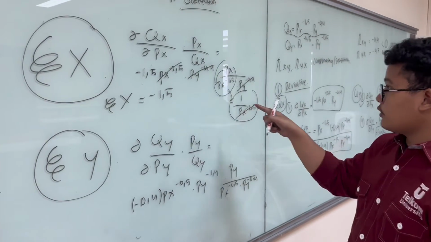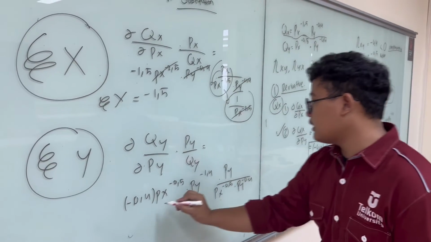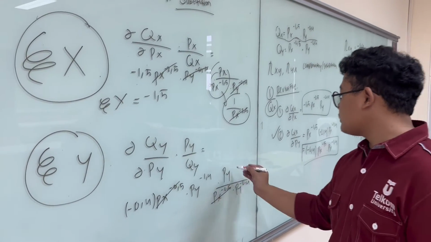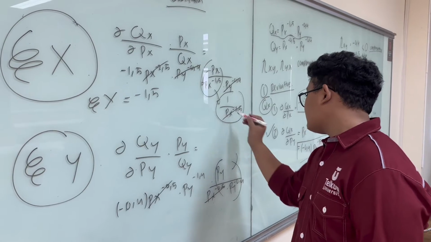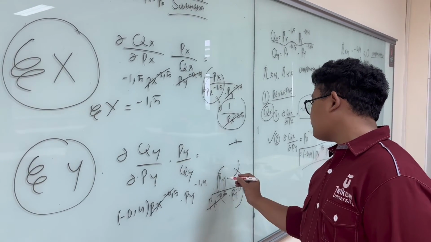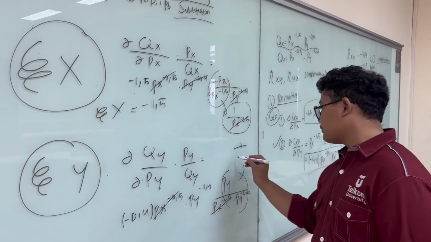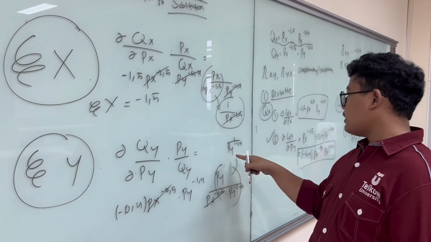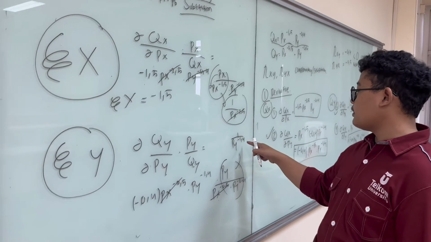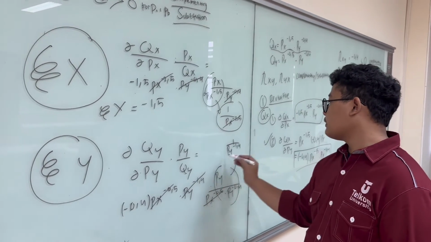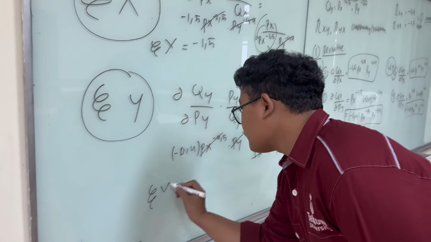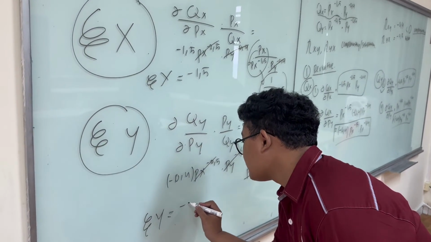Now we can also eliminate the same amounts like this, right? We can put py from above into below, and we get py to the power of minus 1.4, and also we can eliminate it. So y is